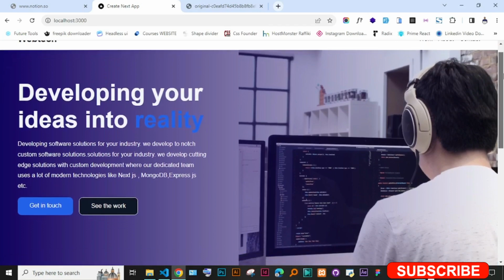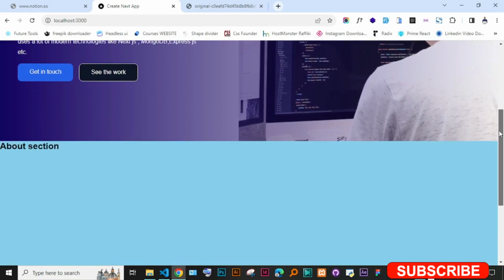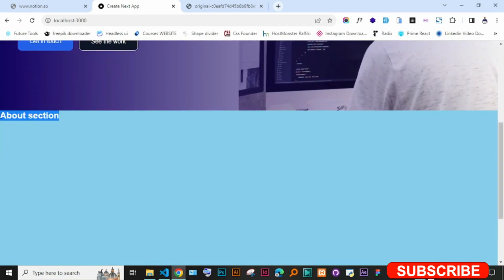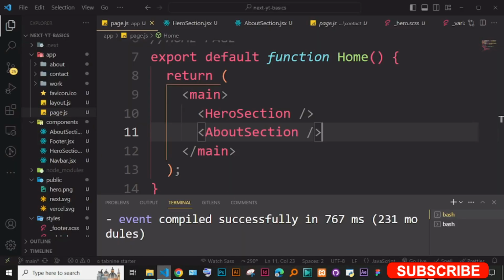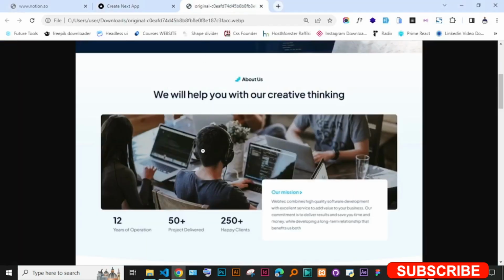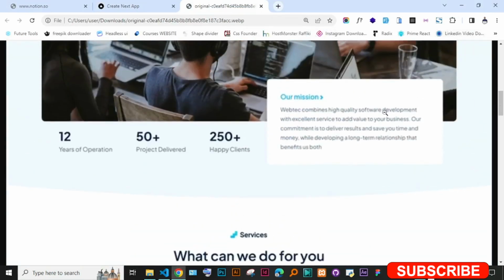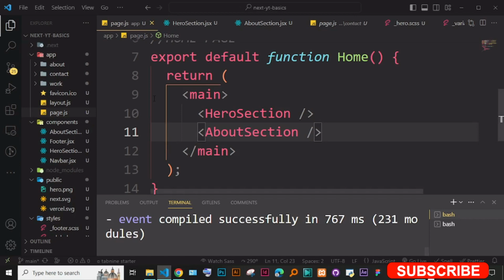Okay, so that is great. You can see here the about section is here, and this section has a color. If you just check properly, I wish I could zoom in more than this, but it has this pale color. I'm not going to put these curves that you are seeing here. I'm just going to maintain it as a flat section, but it has that pale color, and I think it's